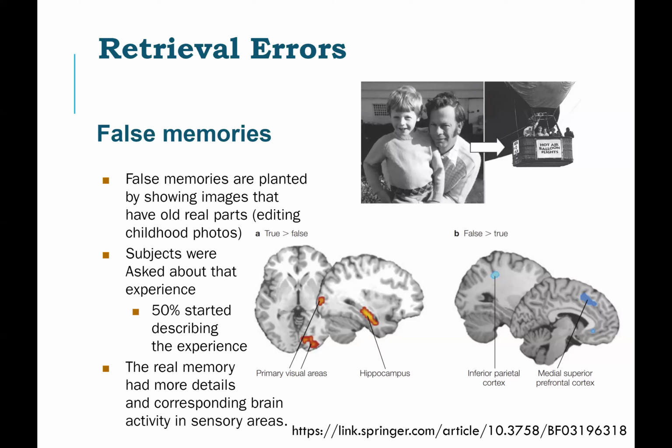So with just a suggestion, you can basically plant a false memory in them. And then a year later, if you ask them, they don't even remember that at the time they said they didn't have this memory. It's going to become part of their long-term memory, and they're going to consolidate it. You ask them, and they're like, oh yeah, this time and that and that.